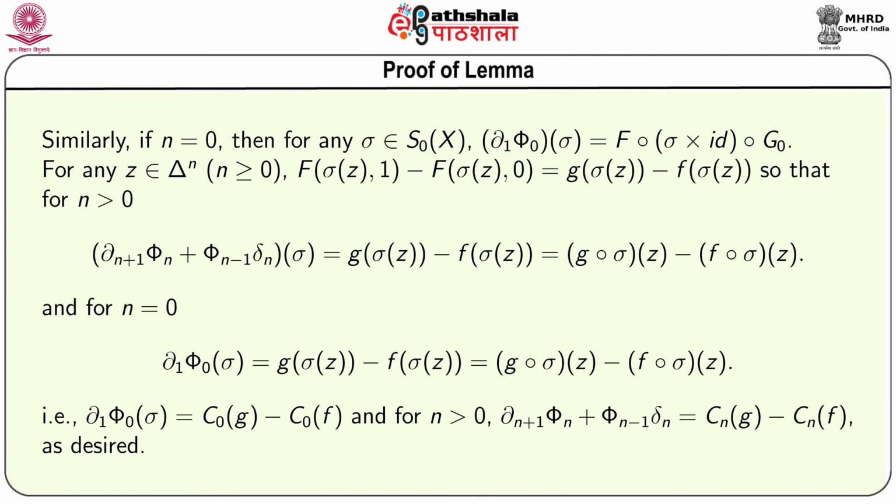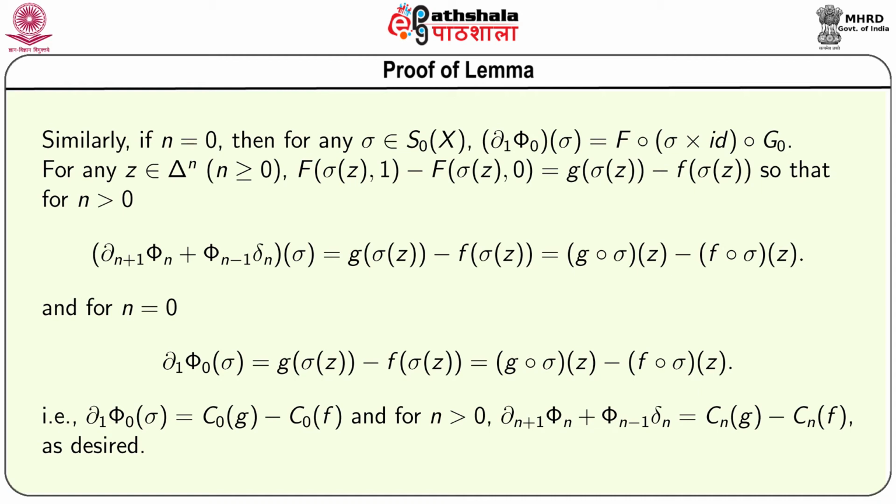Similarly, if we take n equal to 0, then for any sigma belonging to S0 x, we have del 1 composed phi 0 operating on sigma is equal to F composed sigma times identity composed G0. So, for any z belonging to delta n, where n is greater than or equal to 0, we then have F of sigma z 1 minus F of sigma z 0 is equal to g of sigma z minus f of sigma z, so that for n greater than 0,